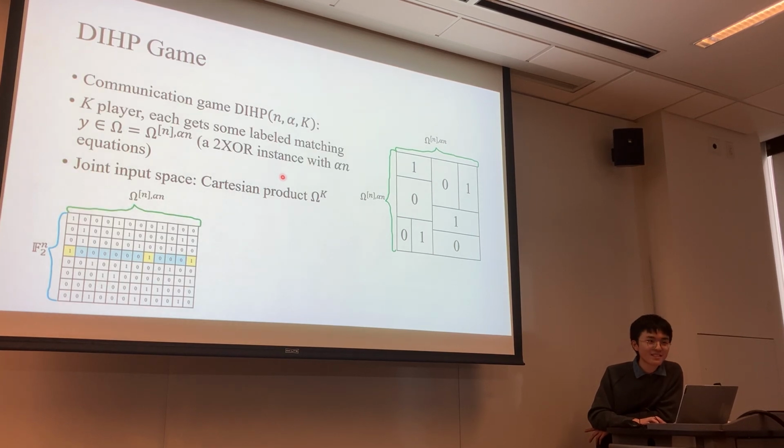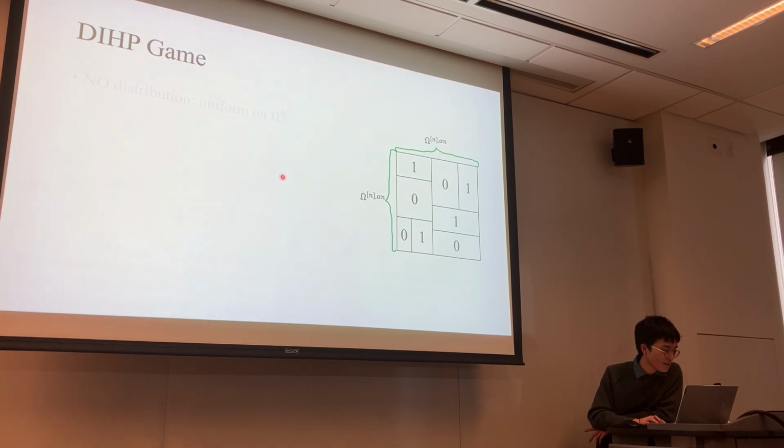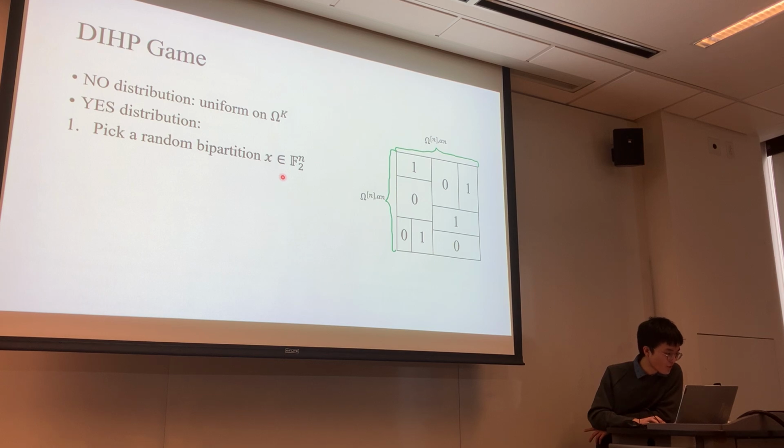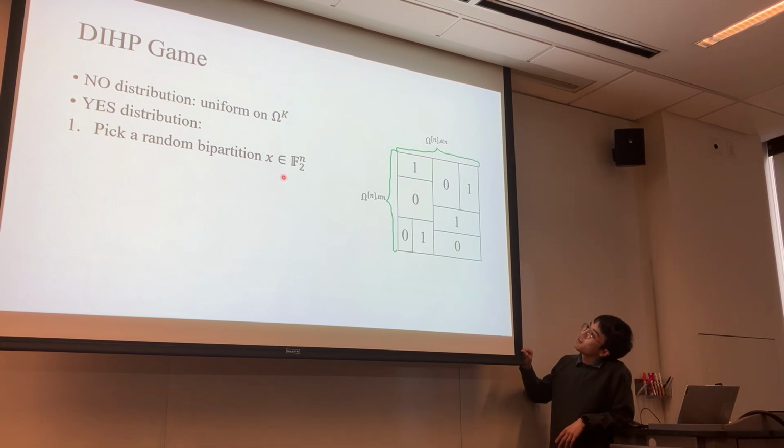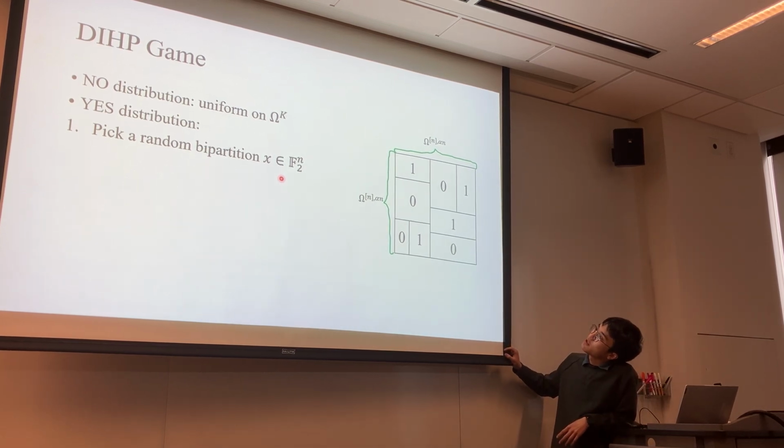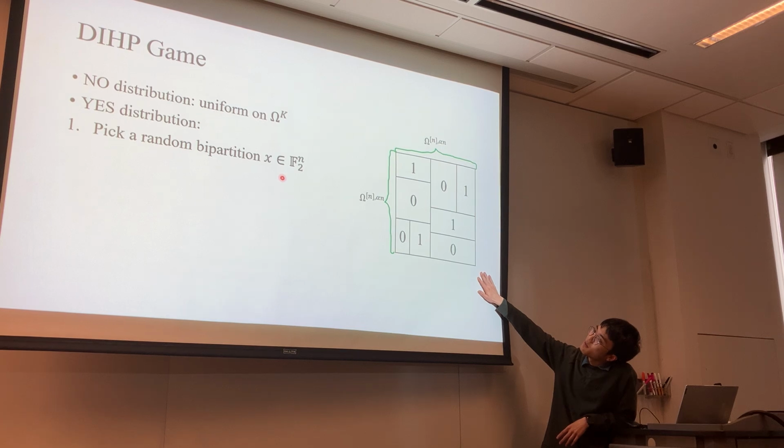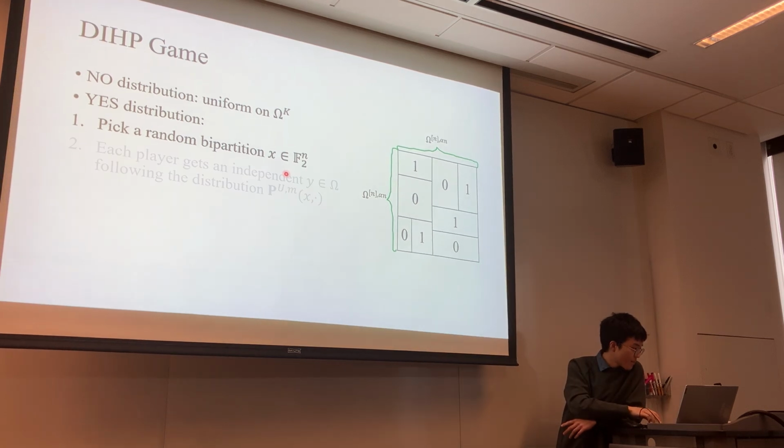So this is the standard rectangle view of communication complexity. We're going to talk about the no distribution and yes distribution in this game. In the no distribution, we're basically thinking of the completely uniform distribution over the joint input space. But in a yes distribution, there's a random bipartition X, and then